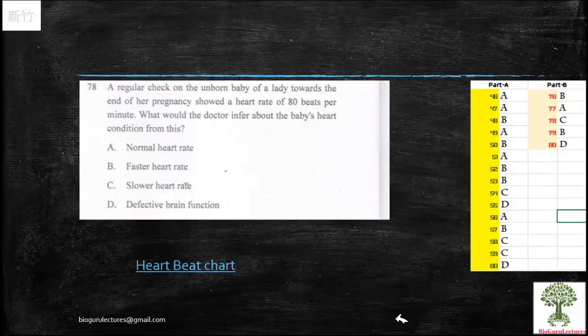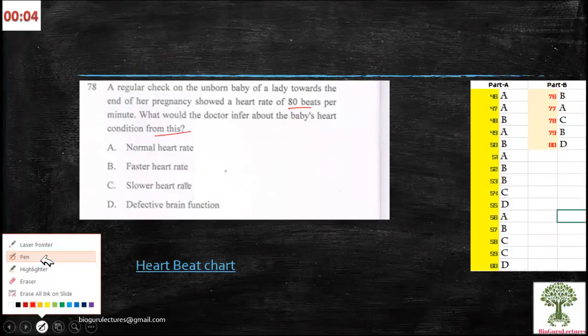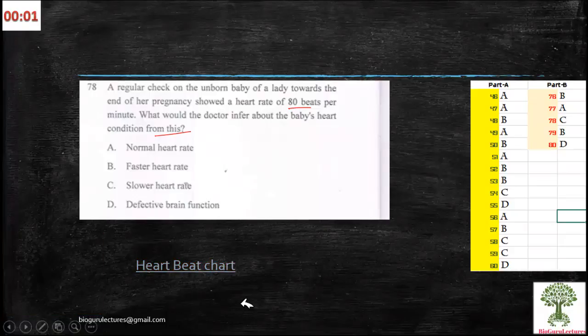Let's move on to the next question, the 78th one. A regular check on the unborn baby of a lady towards the end of pregnancy showed a heart rate of 80 beats per minute. What would the doctor infer about the baby's heart condition from this? It's really an amazing fact. 80 beats is impossible in pregnancy. It is not a good sign of the baby's condition or the pregnant woman's condition. So it is always advisable to have more than 100